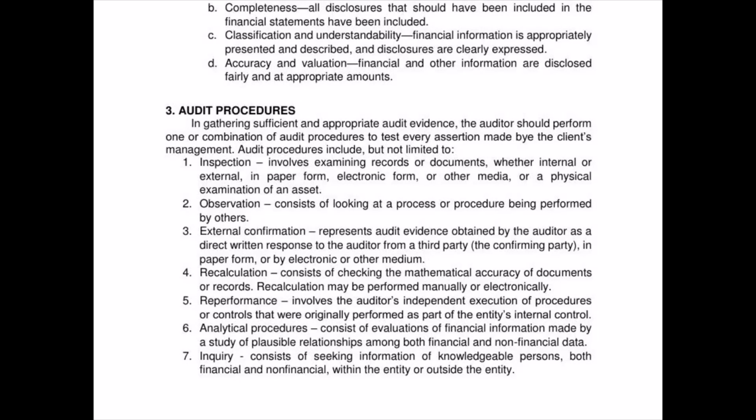So first, inspection. This involves examining records or documents, whether internal or external, in paper form, electronic form, or other media, or a physical examination of an asset. So, inspection, unsa ba'y pwede i-inspect ni auditor para ma-validate ang isa sa assertions ni client. So, ang assertion na pwede nato gamitan og inspection na procedure kay ang